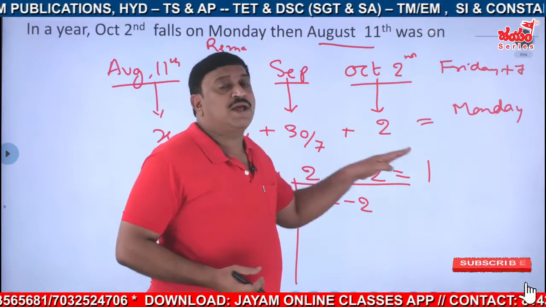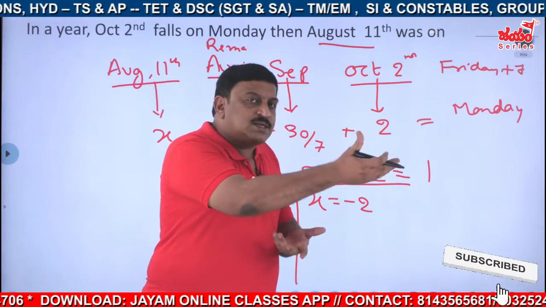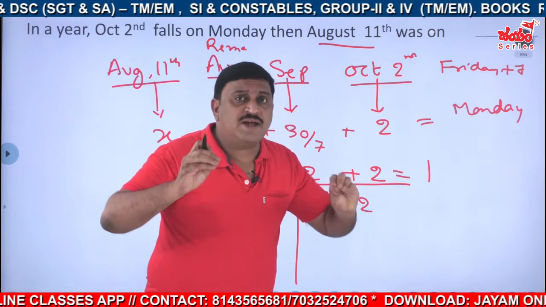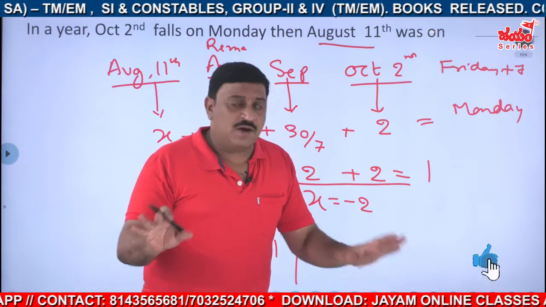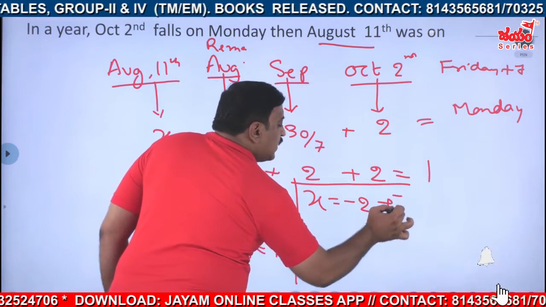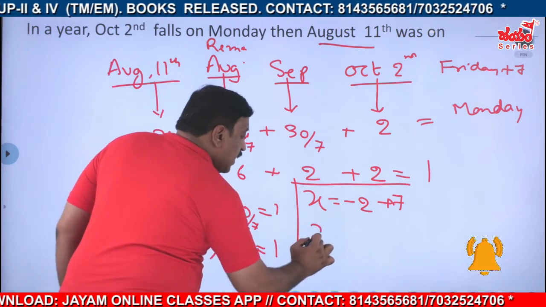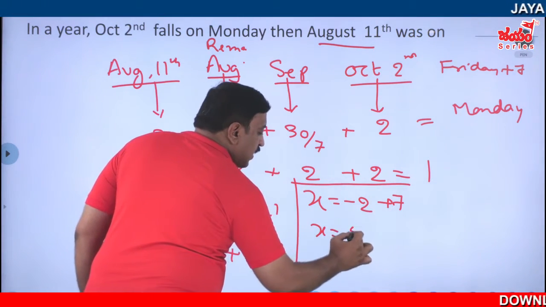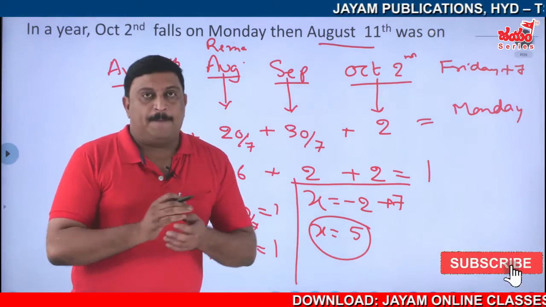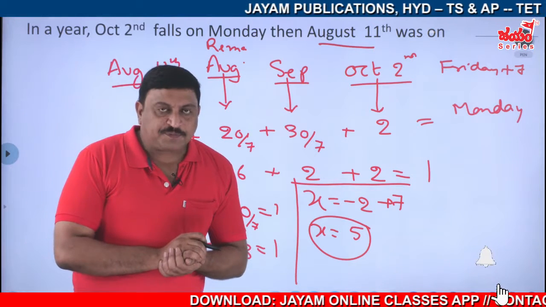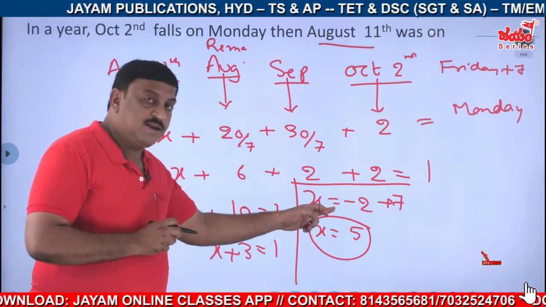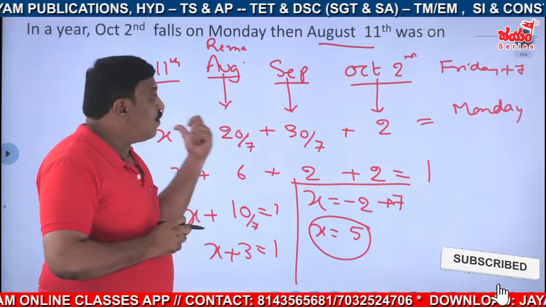Now vice versa. If we add 7 days, will the day change? No, it remains as it is. So adding 7 days makes no difference, is it not? For that reason, X is equal to minus 2, I will add 7 here. Now see this one. X is how much? Minus 2 plus 7 means 5. 5 means what? It is Friday. Clear? So we have used all our basic concepts again here, right? But we have gone procedurally.